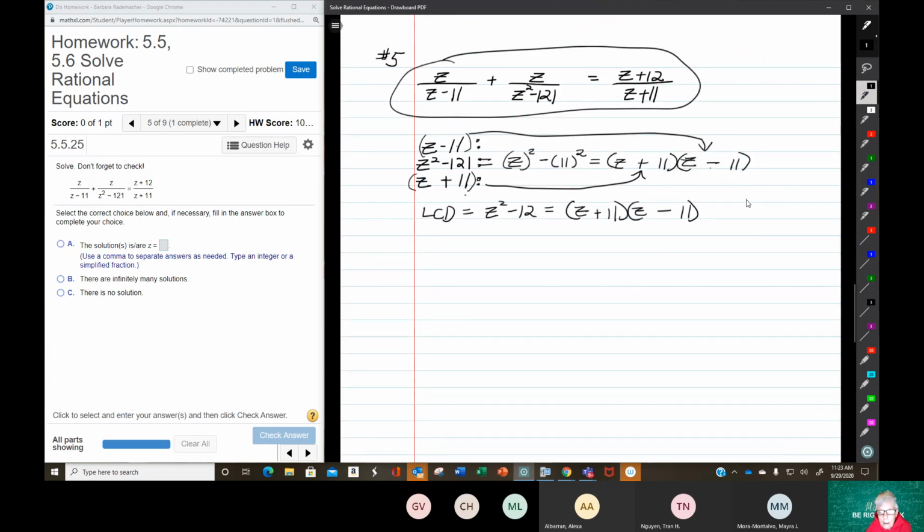I worry about people who can't see red, so I'm going to use this color. Okay, so z plus 11 times z minus 11 over 1 times